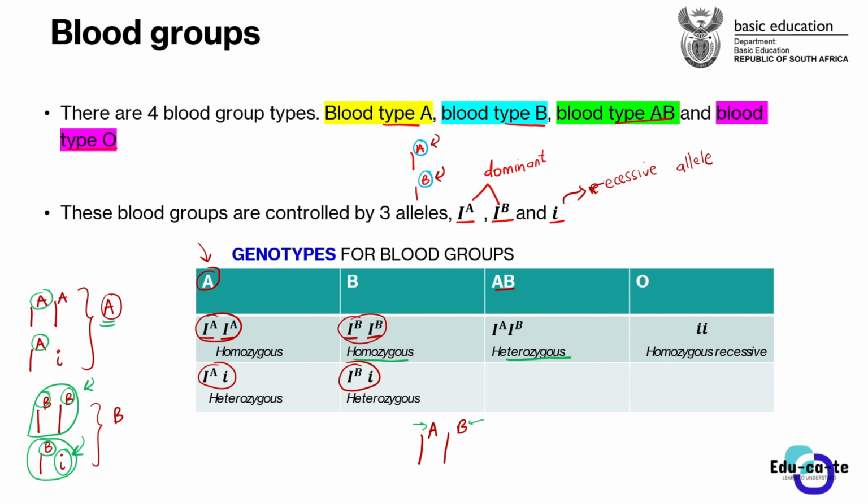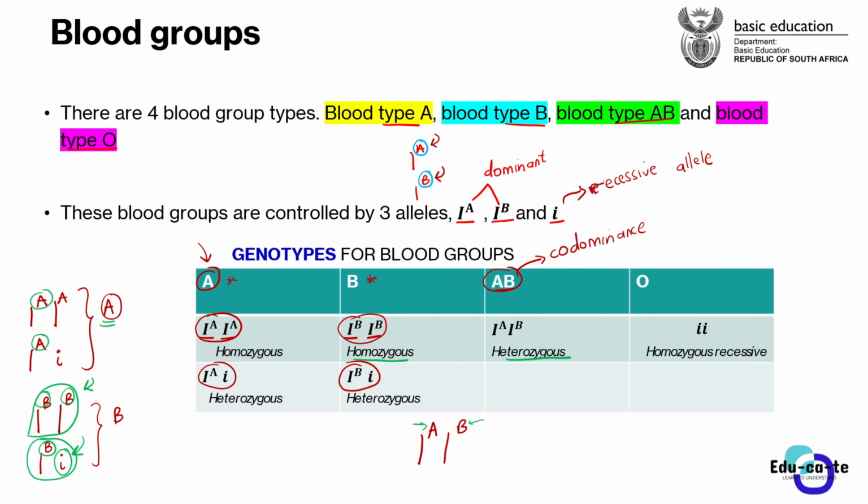Remember, there are 3 main types of dominances. In this case, we have got both dominant. Both of them want to be dominant. So the type of dominance in blood type AB is codominance. Make sure that you check out my video on the types of dominances. Blood type AB is actually a combination of blood type A and blood type B. In the heterozygous condition, it's a combination of blood type A and blood type B. So that's why we say it is AB. That's a form of codominance, because all of these blood types are going to be shown in the phenotype.